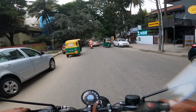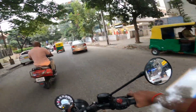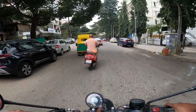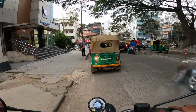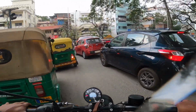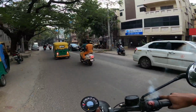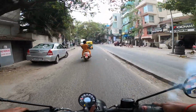Brakes are very good. See, it's very punchy, the brakes. Not like the Royal Enfield Himalayan or the Classic 350. This is a mixture of retro looking motorcycle. Apart from the old school Royal Enfield look, it also has a modern character added to this. So it doesn't feel like an outdated motorcycle. If you see the motorcycle on the road, it feels like a modern motorcycle,